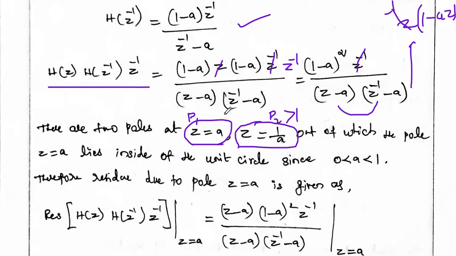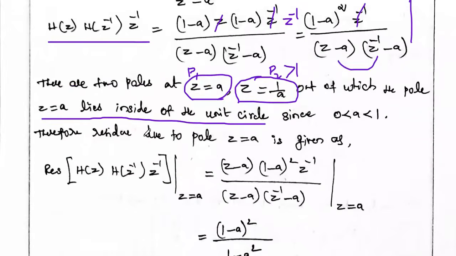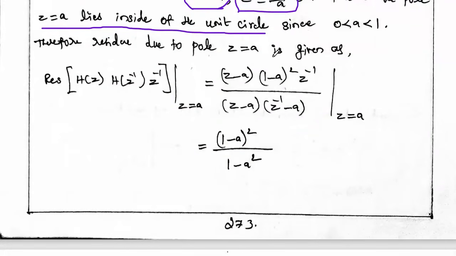So out of pole 1 and pole 2, which pole is located inside the unit circle? The first pole only. Okay, so that's why Z equal to A. This pole lies inside the unit circle since A value is between 0 to 1. The second pole value is greater than 1, so there is no need to calculate residue for the second pole. We have to calculate the residue for this first pole. Therefore the residue due to the first pole Z equal to A is given by, residue of H of Z inverse into Z inverse at Z equal to A is calculated by,